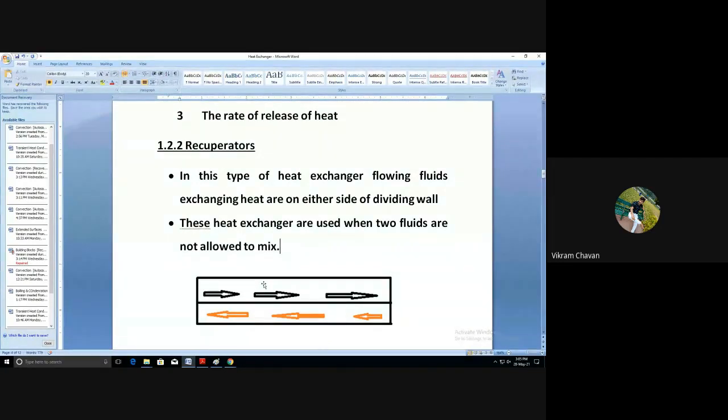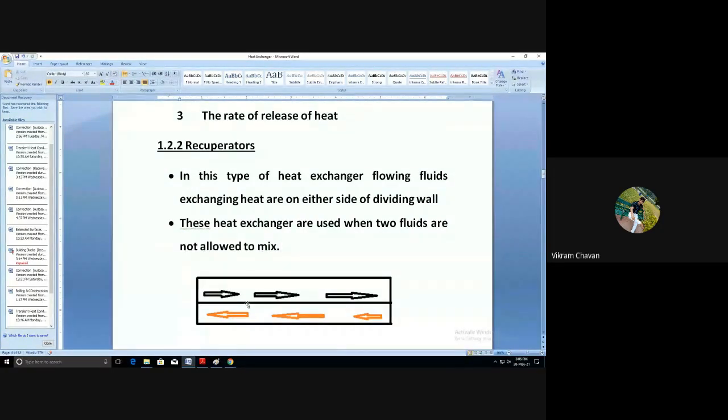Take the example of pasteurizing of milk, where the milk is heated to a very high temperature and then suddenly cooled. That process is called pasteurizing. In the pasteurizing process we need to heat the milk, so for that reason we require this type of recuperator, as we cannot mix hot water and milk. So steam is used